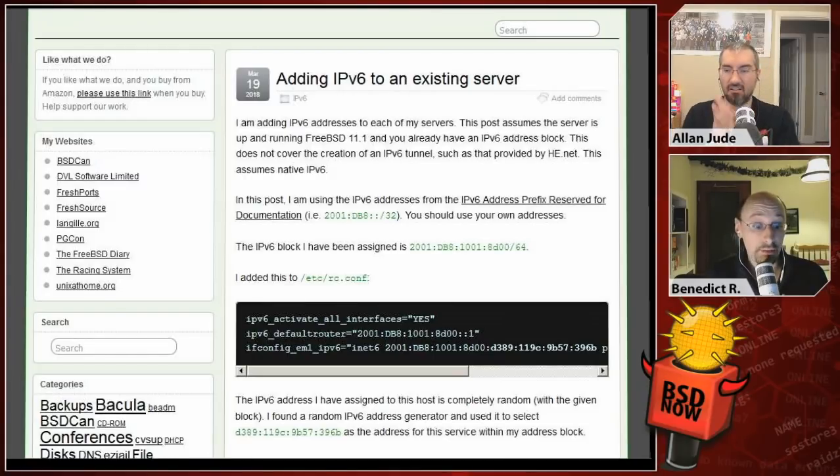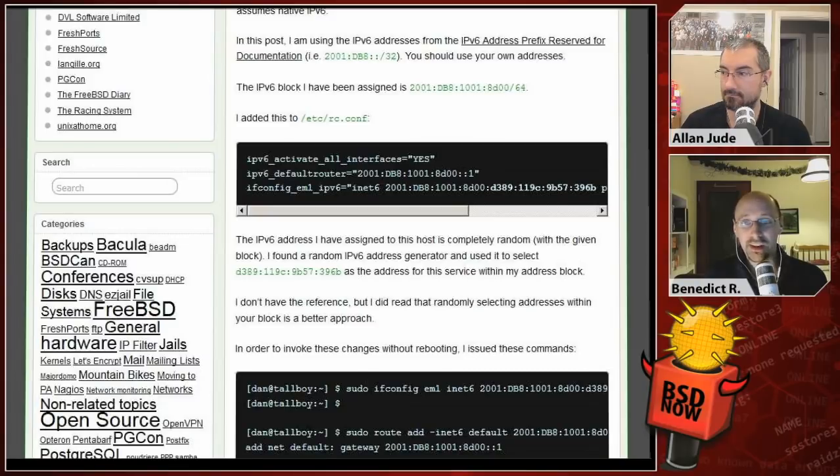This does not cover the creation of an IPv6 tunnel, such as that provided by he.net. This assumes native IPv6. So aside here, I'm actually removing IPv6 because I'm using a lot of Hadoop, and the